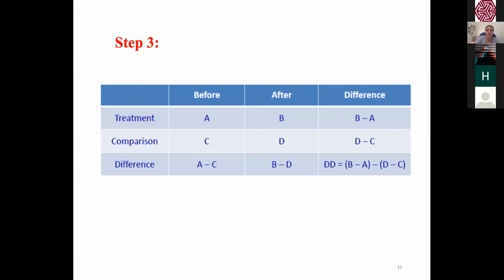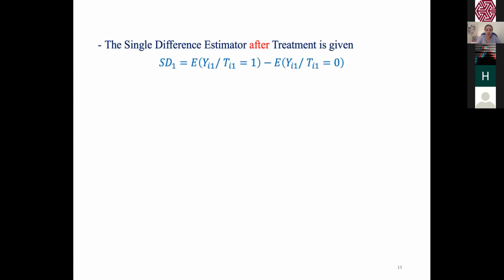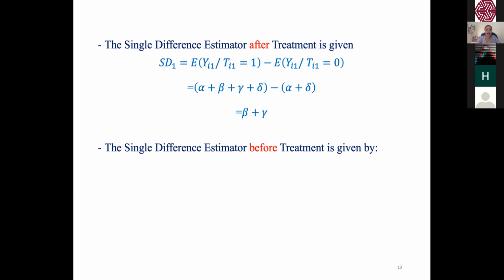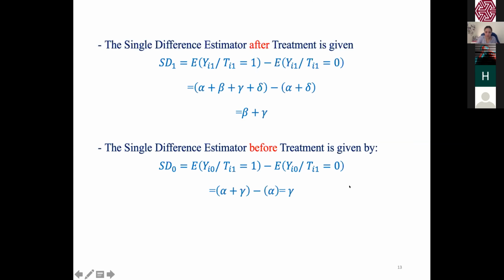So this difference in difference makes us understand the impact of any program. In our case, the first difference, which is related to the treated, is beta plus gamma, and the second difference, for those who are not benefiting from the treatment, is gamma. So simply, if we take the difference between them, it will be beta. And this beta, if we go back to our equation,